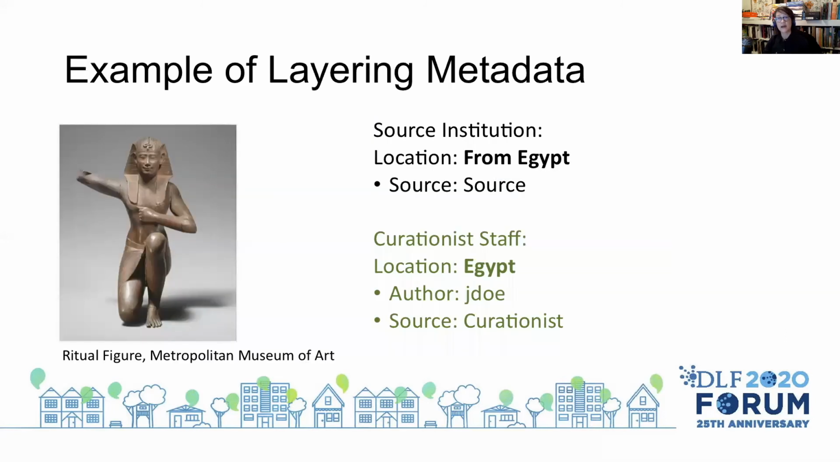Here's an example of how a Curationist staff member might enhance metadata from a source institution. The source metadata is at top in black text. The Curationist provided metadata is below in green. The location metadata for this sculpture from its source, the Metropolitan Museum of Art, is from Egypt. Below, a Curationist staff member has normalized this location to Egypt, which will improve discoverability for this item on the